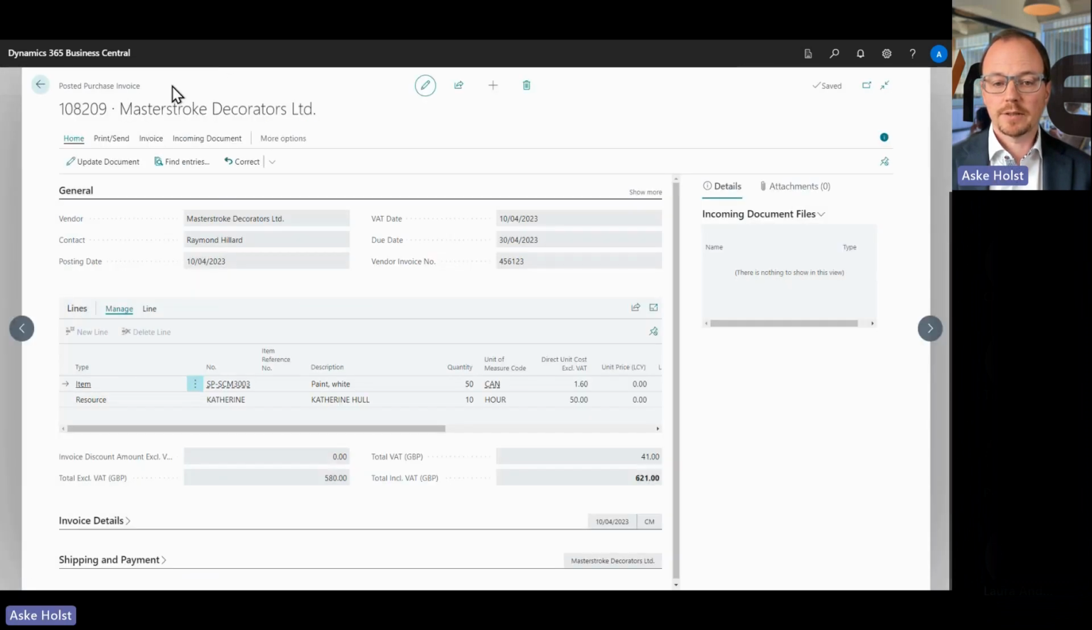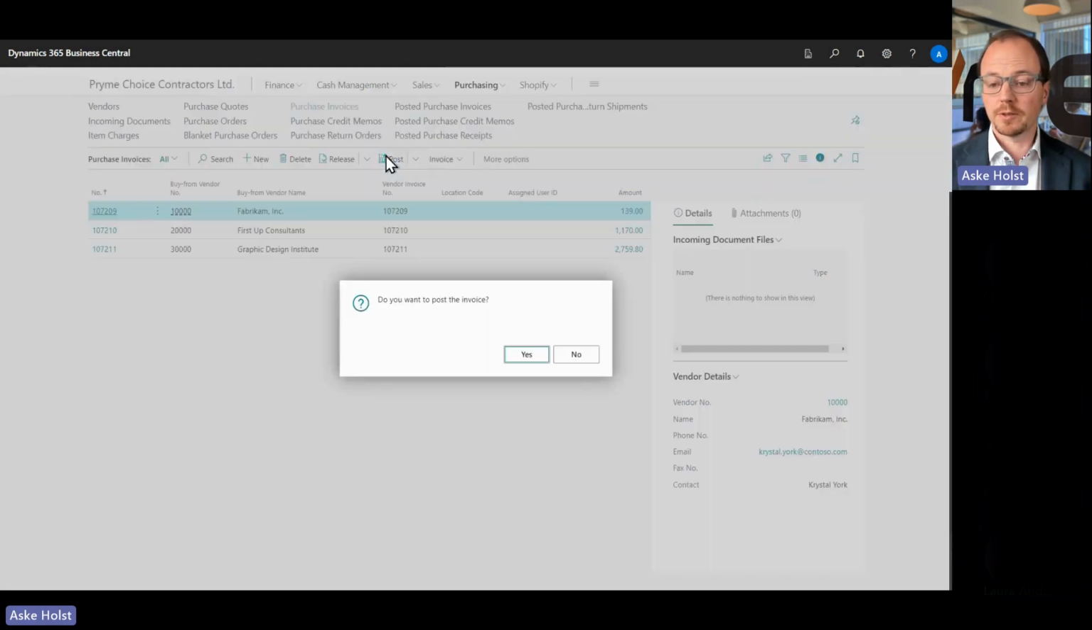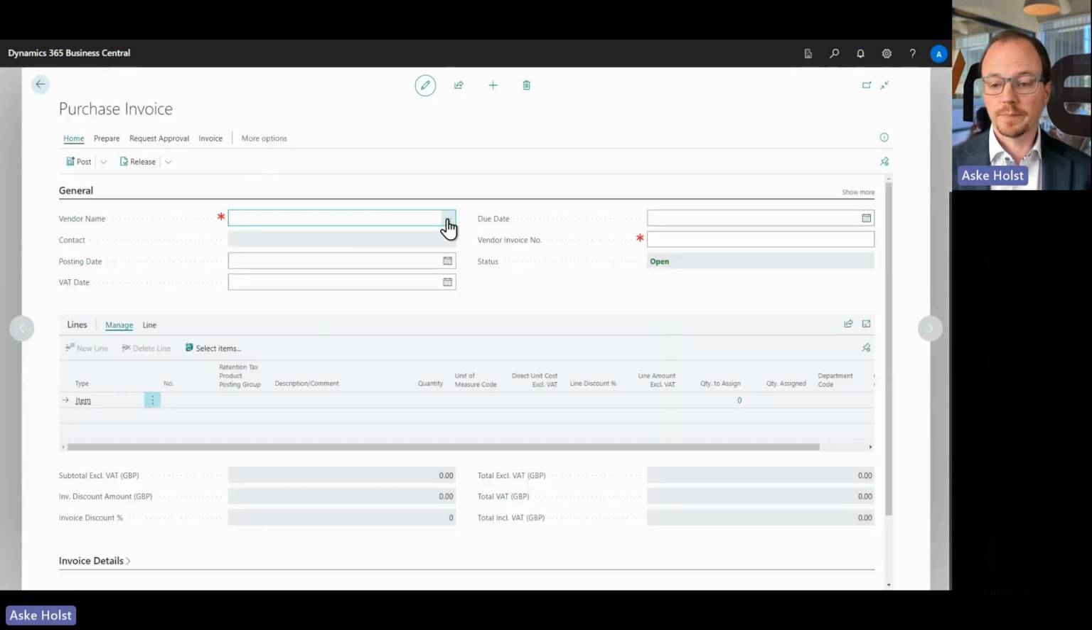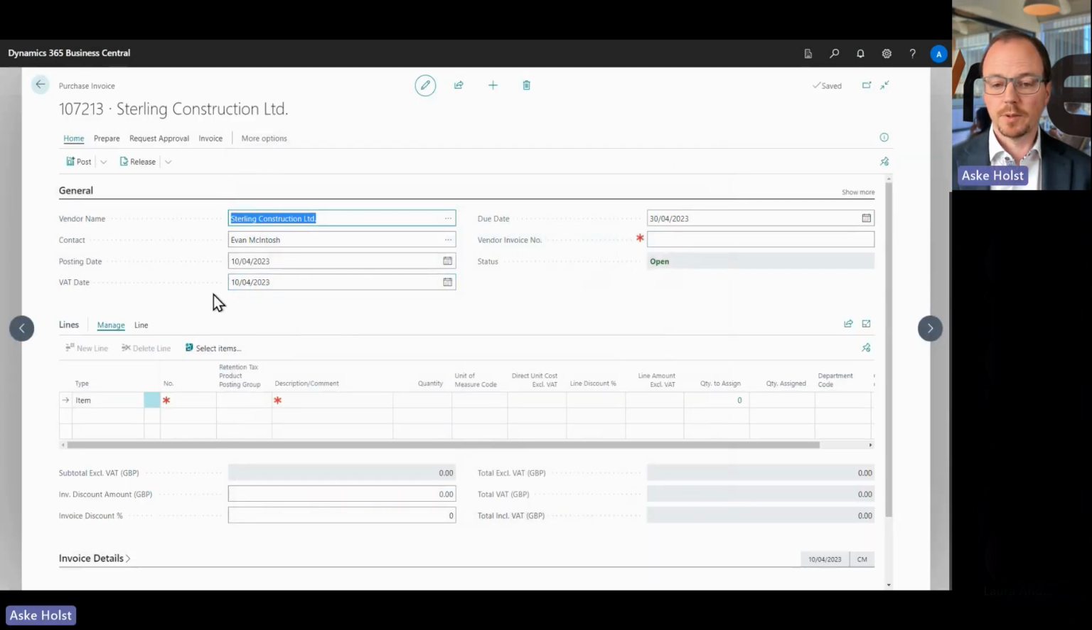Now let's take another scenario. We take a vendor which is not gross registered, like the big vendors or the big subcontractors would be, but instead we create a new invoice for a smaller contractor. In this case, let's take Sterling Construction, and we will have a look at them. And in this case, we could add this as lines for a